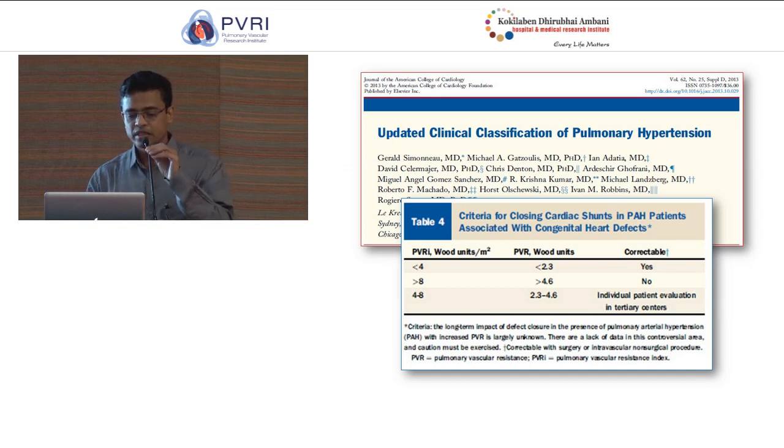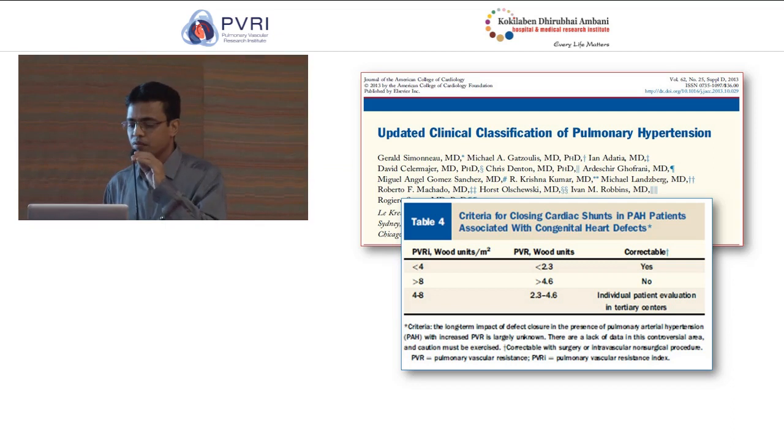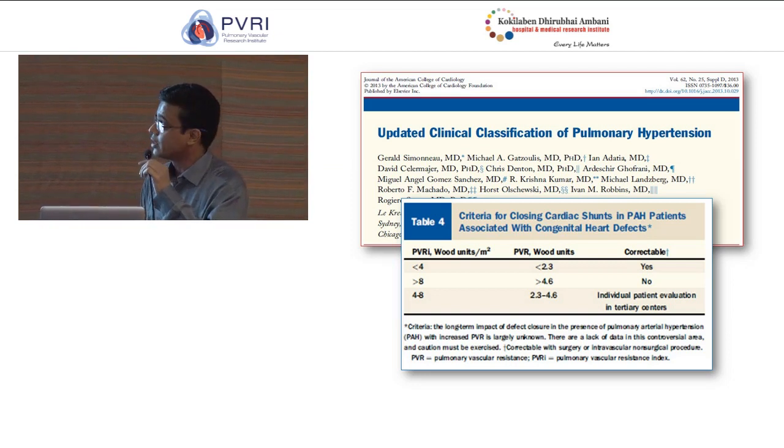This is a paper on pulmonary hypertension in congenital heart disease, a consensus statement of the experts. This is a flow chart which mentions high QP:QS, failure to thrive, oxygen saturation more than 95%, and only left to right shunt. So these are the patients who, considering the age, size and type of the lesion, can directly go for surgery. If that is not the case and other factors are worrisome, then we need to go for cardiac catheterization,